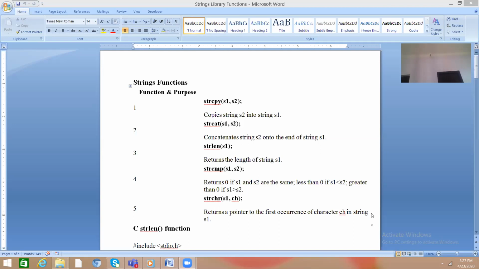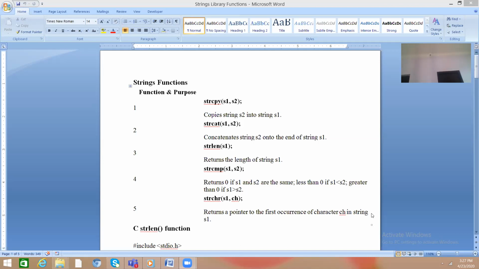strcmp S1 S2 returns 0 if S1 and S2 are the same, returns less than 0 if S1 is less than S2, and returns greater than 0 if S1 is greater than S2.